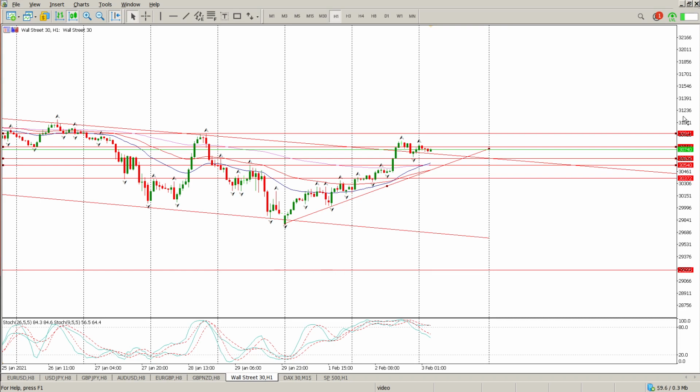Then the other thing is that you've got the hedge funds and the institutions playing games with the retail traders, and they probably took a lot of money off retail traders yesterday looking at the GME stock. But anyway,